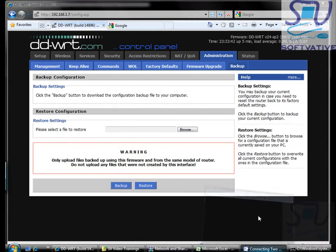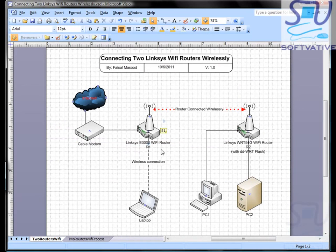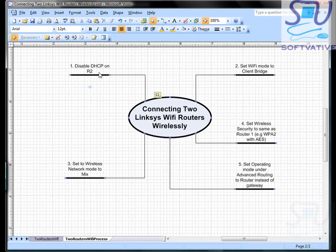So again, just to summarize this whole session, initially we had two routers, a Linksys E3000 and the second one a WRT54G, and first we flashed the WRT54G router with the DD-WRT flash operating system, and after flashing it we went into the configuration of the second router, and some of the configuration we did were disabling the DHCP on the router 2, setting up the Wi-Fi mode to client bridge mode, setting up the wireless network mode to mixed mode, and using the site survey to connect to the Wi-Fi network